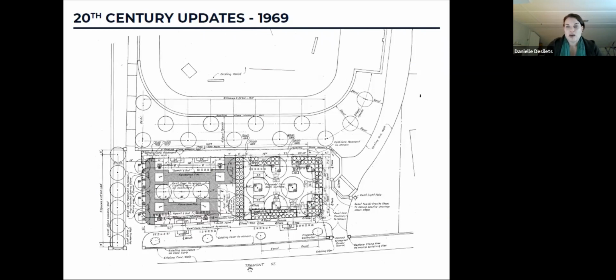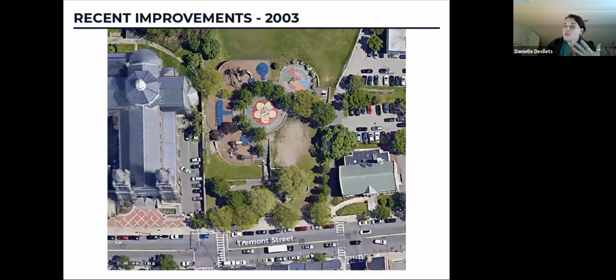This is a close-up of that passive area on Tremont Street. There are a couple of horseshoe pits in there. There's a lot of plantings. There's a lot of seating. So again, it's always been the kind of space where you come and socialize and meet people. It's more relaxing versus the rest of the site, which is much more active, where you have the playground and the ball fields. Doesn't mean that's what needs to stay, but just understanding the context and why we have what we do today.